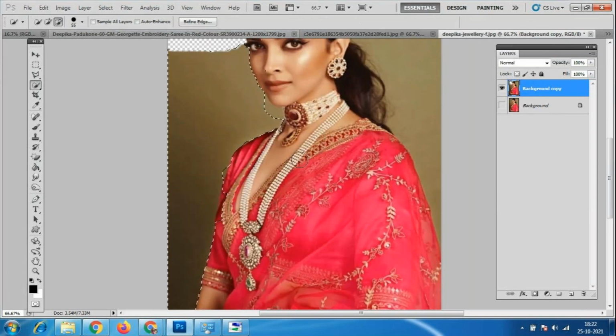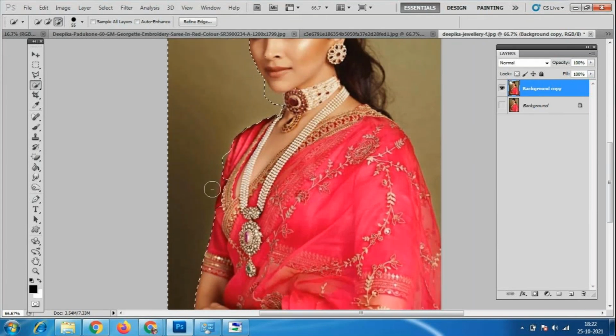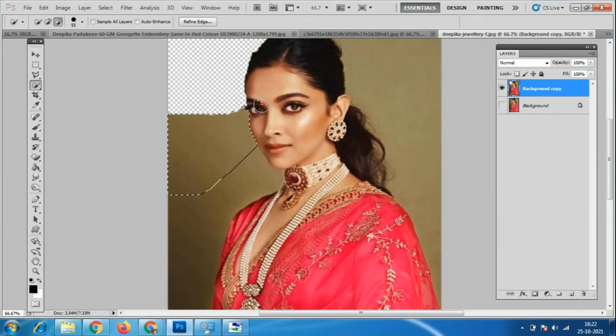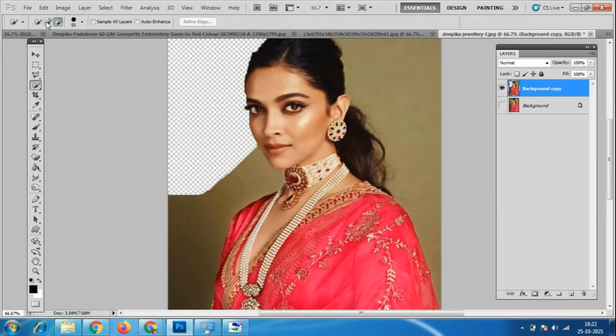So this is subtract selections. Okay, so like this, subtract selection. So again I'll just delete it. How much ever the area I don't want, I'll go to this one, add to selection only.